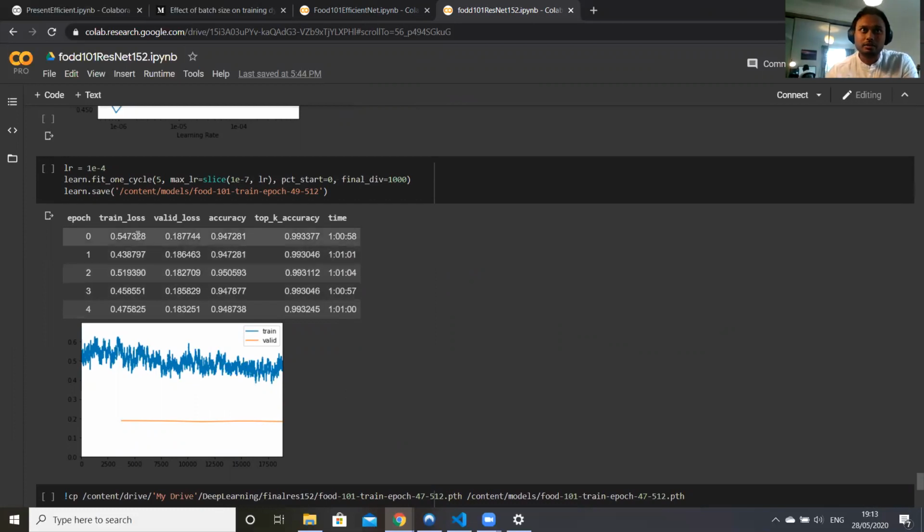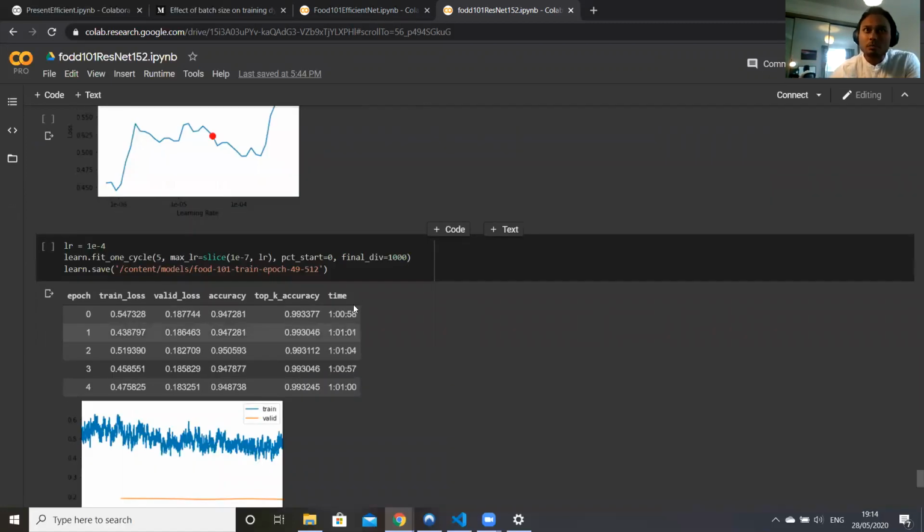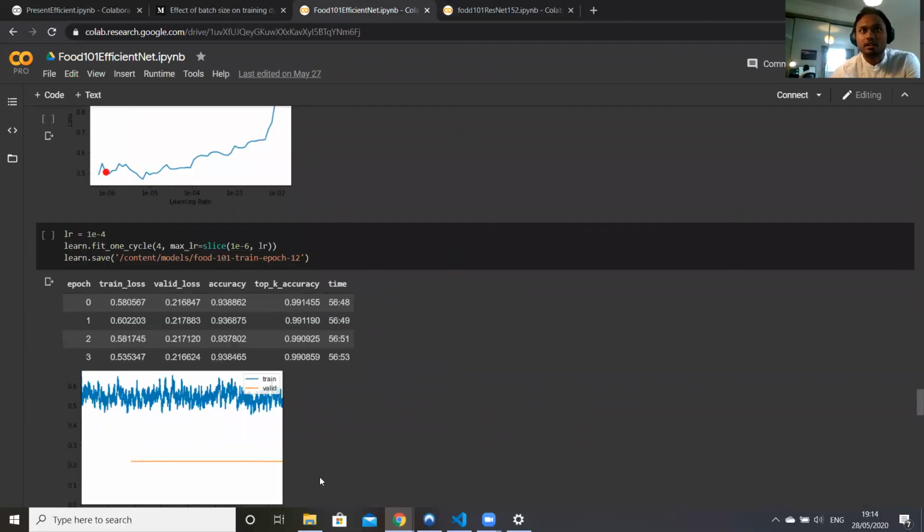So I've tried a lot of epochs as well, and also I played around with dropouts a bit. Either you take a lot of epochs and let it converge, but after one point I found out it doesn't converge at all. It just stays the same. But we can do two things: either we can change weight decay or we can change dropouts. Both of these do help a bit, but for EfficientNet,